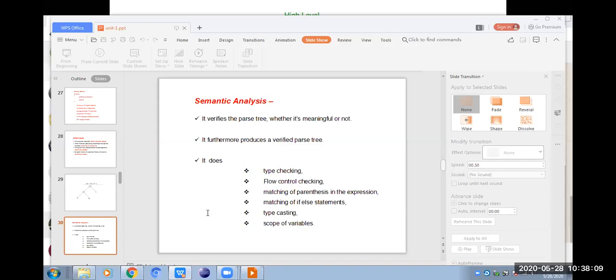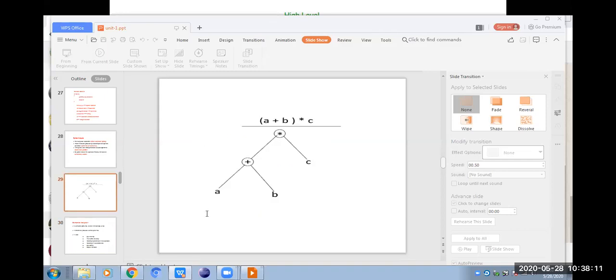We have no time, so tomorrow we will continue with semantic analysis. Semantic analysis is nothing but checking of the meaning. Syntax analysis checks whether the line is according to the rules and regulations of the programming language or not. Semantic analysis identifies whether it is meaningful or not. Tomorrow we will write an example to understand the difference between syntax analysis and semantic analysis.